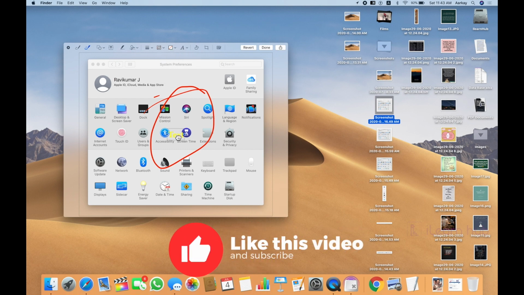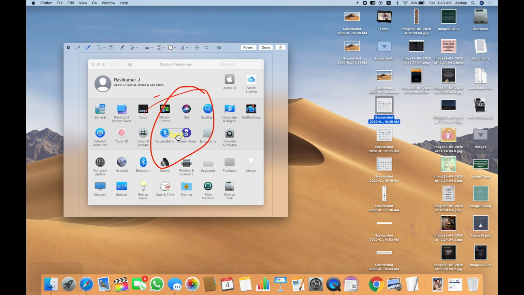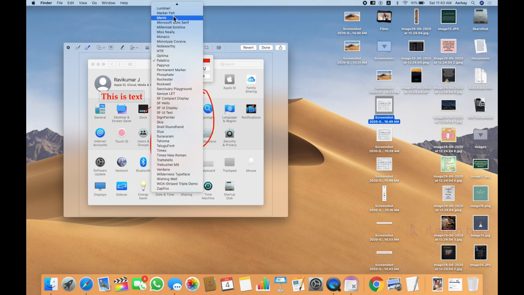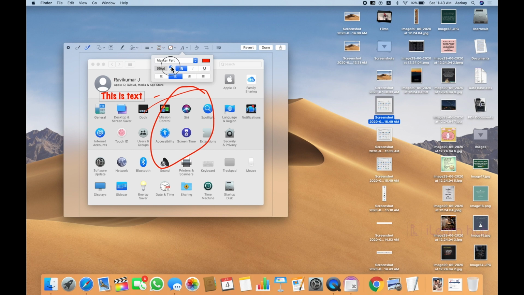Okay, I'll move it to a side. Okay, this is text. If you are not able to see that, let me change the color and font details also. I'll change the color to something more visible right now, and I'll change the font to something else. And if you want to increase the size of the font, you can do it like this. All these things are without using any image editor application, and in fact a whole lot of tools are available here. We'll see that when we open an image editor or some related application.